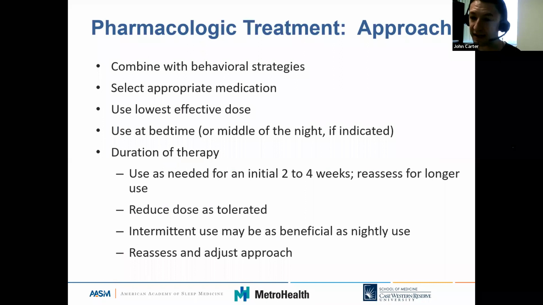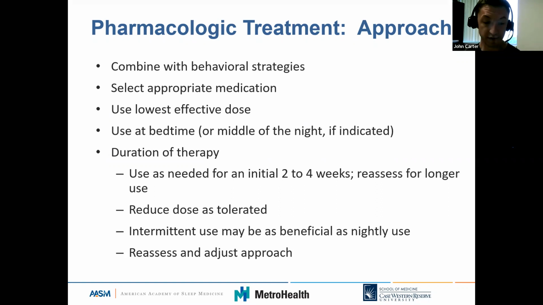Okay. I think we're going to wrap up, just being close to the end here. Big picture, very briefly, there is evidence that combining behavioral and pharmacologic strategies is effective, and probably more effective than pharmacologic treatment alone for insomnia. It's important to meet patients where they're at, whether we're talking about cognitive, behavioral, or pharmacologic therapies, and to design a treatment regimen that addresses the symptoms that they're actually experiencing and the other medical and non-medical comorbidities that are present. As with anything, you want to use the lowest effective dose for the shortest period of time, but there